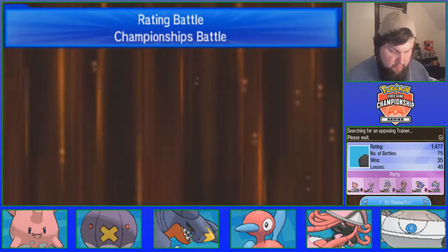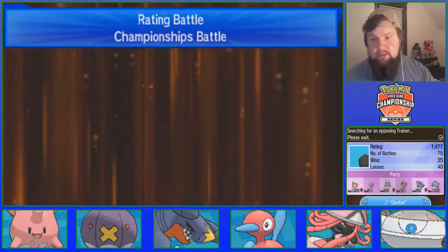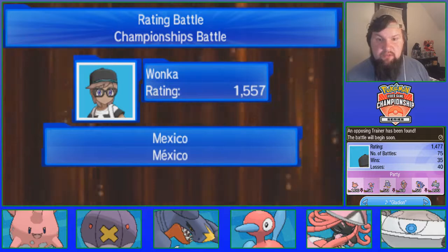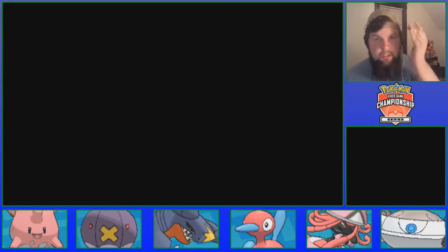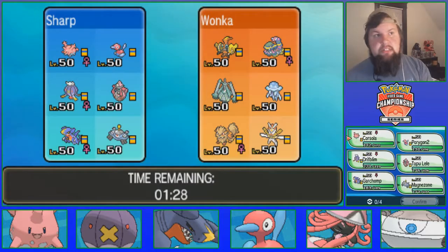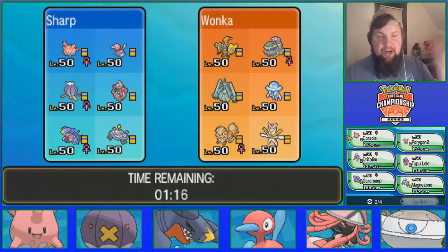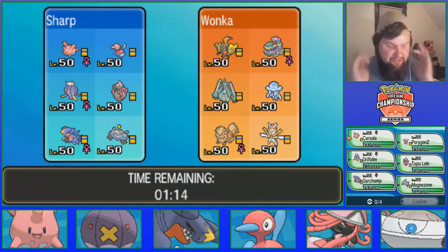Another thing, Psychic Seed. So Drifblim has the Psychic Seed because it's kind of the Drifblim Lele thing. We got Wonka 1557 from Mexico. But you could, so every seed, the Electric Seed, the Misty Seed, the Grassy Seed, you can all find next to the Tapus, next to their area. Psychic Seed you cannot. The only place you can find Psychic Seed is on an Exeggcute. A wild Exeggcute will be holding it. 5% chance. So I had to go hunt that dumb thing down, because I've never used it before, so that was...